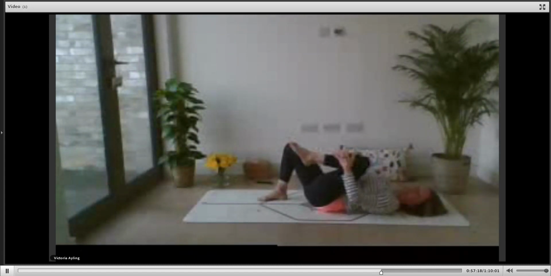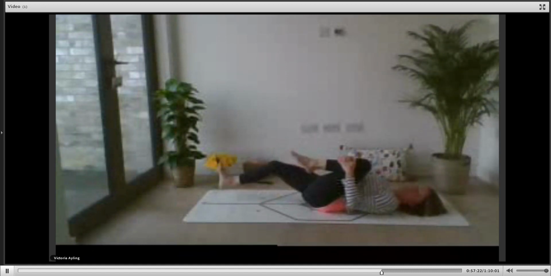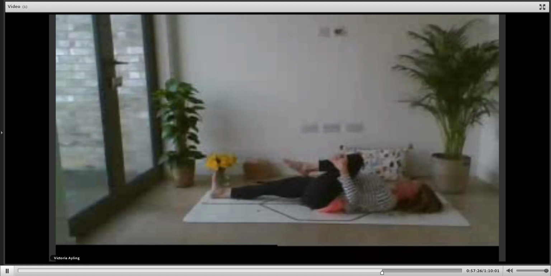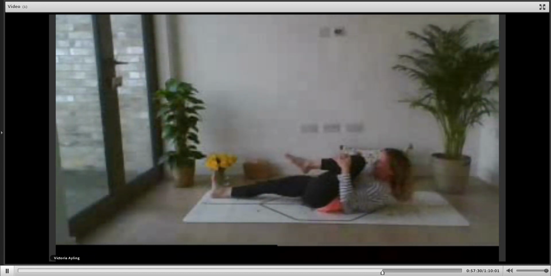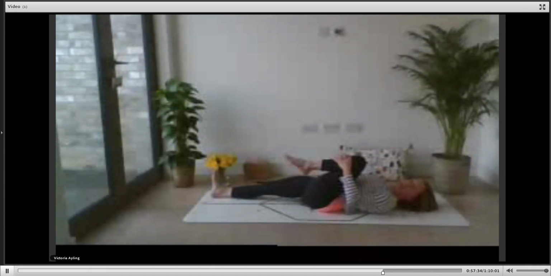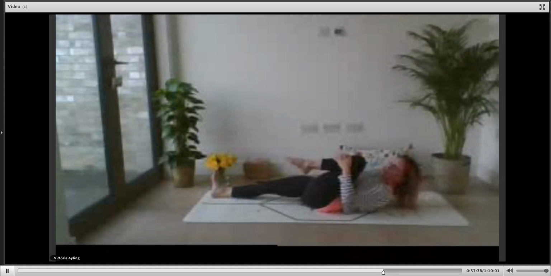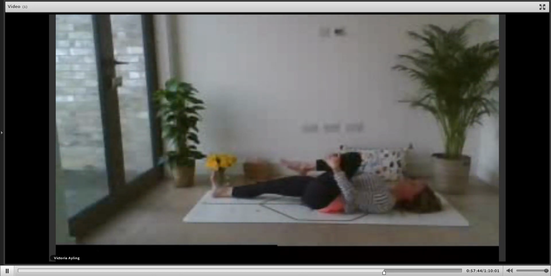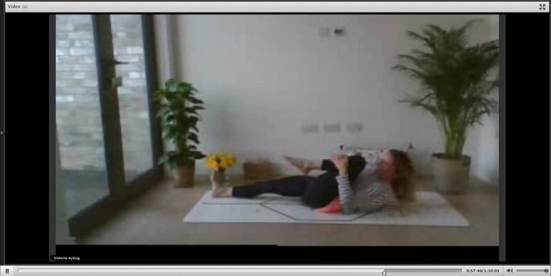Interlace the fingers around the shin so you can squeeze the left thigh in and straighten the other leg on the floor. Okay, so the next time you breathe out, lift the head, bring your nose to your knee. And as you breathe in, release the head. So with the breath, exhale to lift the head and inhale to release. We do it twice more, keeping the shoulders relaxed.